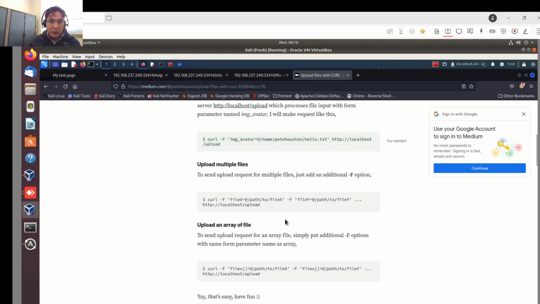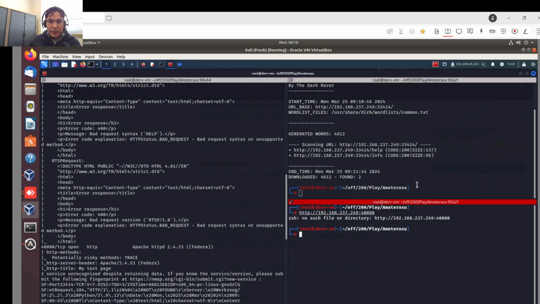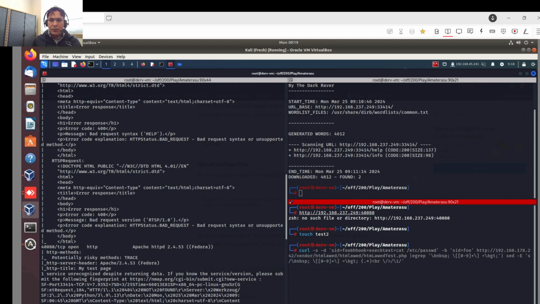So this is good. Let's go back then in here and let me create a file called test2. Okay, and now what I will do is go ahead and use curl dash f. Let's give it an f. We can use curl dash f, as they said,